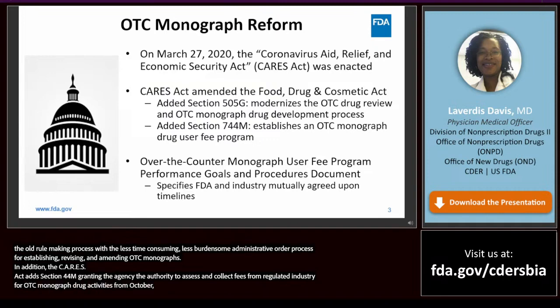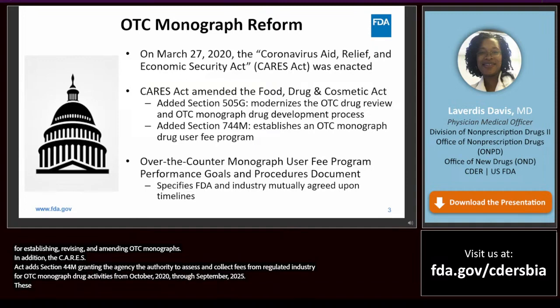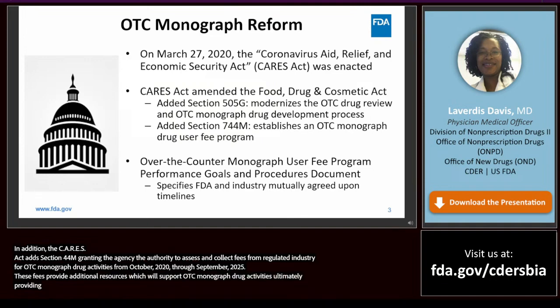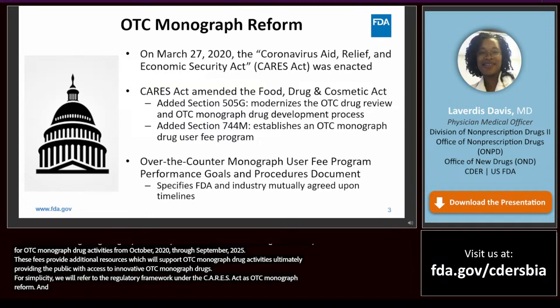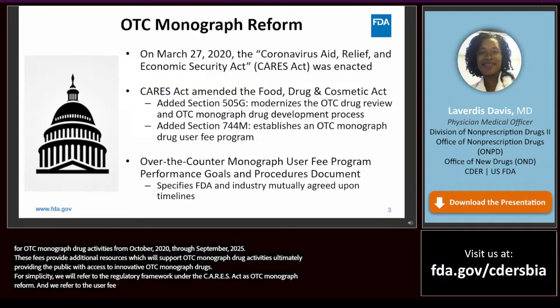These fees provide additional resources which will support OTC monograph drug activities, ultimately providing the public with access to innovative OTC monograph drugs. For simplicity, we will refer to the regulatory framework under the CARES Act as OTC monograph reform, and we refer to the user fee program as OMUFA.